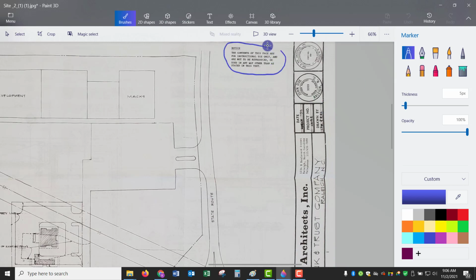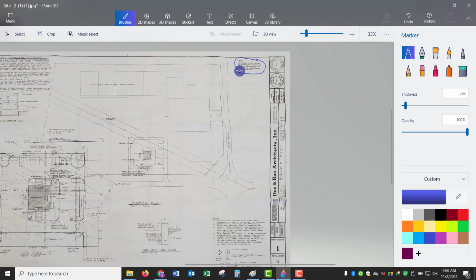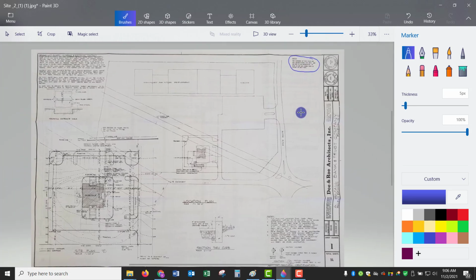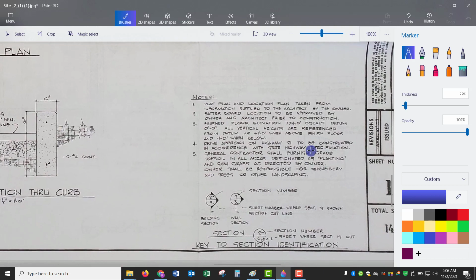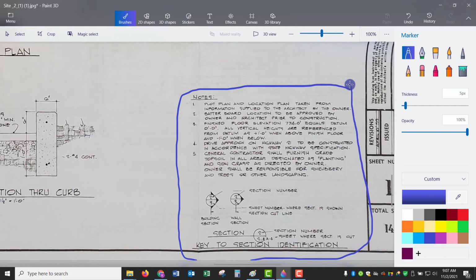We have several different notes that we need to look at. This drawing was for instructional purposes only, so it might not be a real bank. We have some other notes over here that you need to look at and just read. It gives us a lot of information about the drawing itself and some symbology, and then a little legend here for